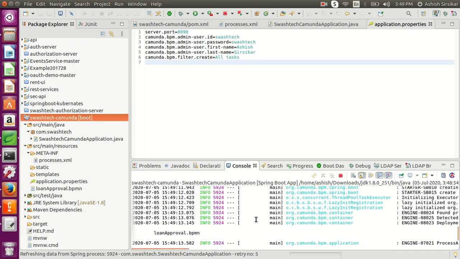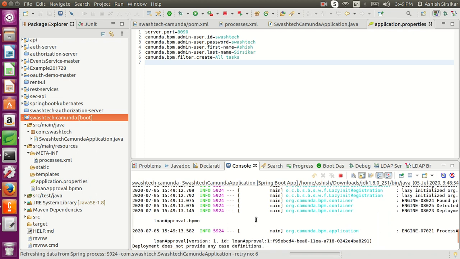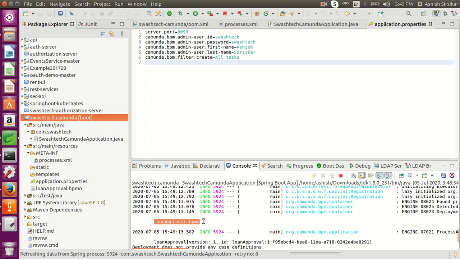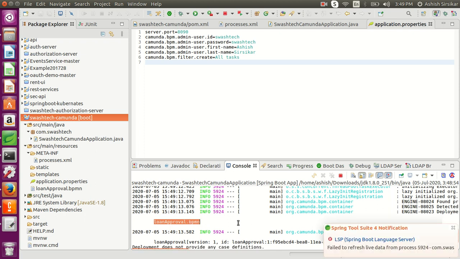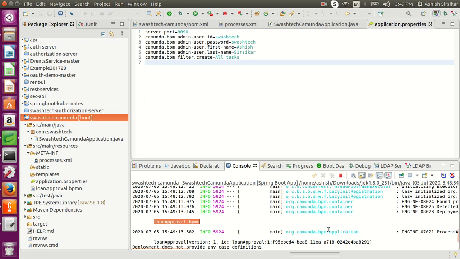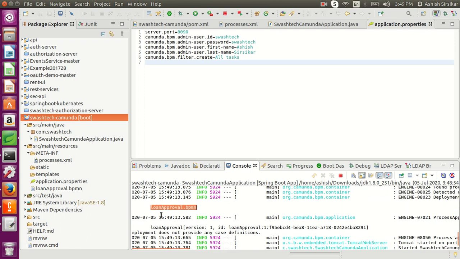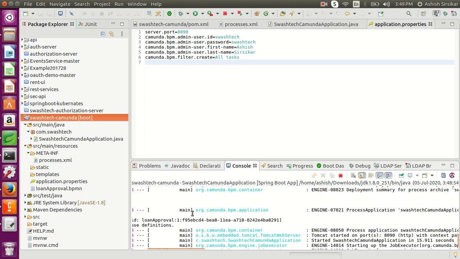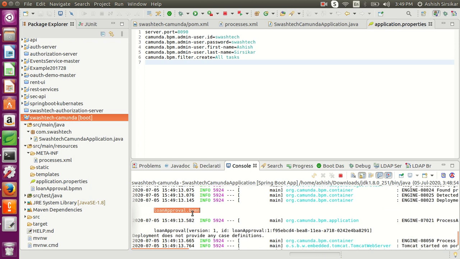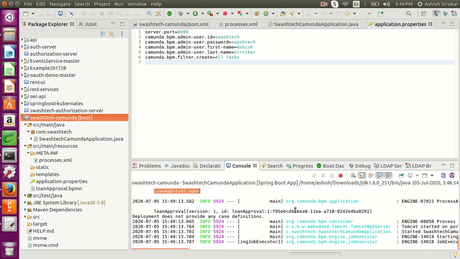If you do this deployment the first time, then whichever BPMN file is present in the resource folder will get deployed. We are using a Tomcat container here. So you can see my loan approval BPMN file is loaded into Camunda, and this is the ID.